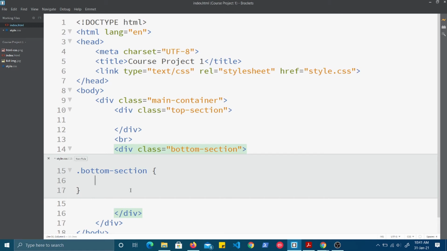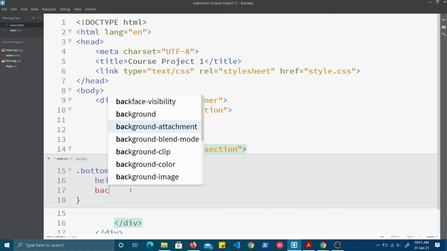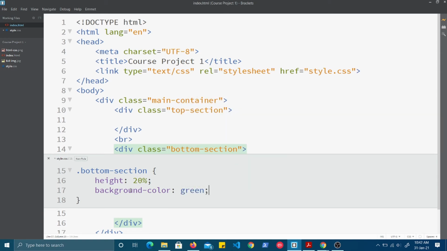Here itself we will have the height as 20%. I will see whether it will work or not. And then the background color I will give green.